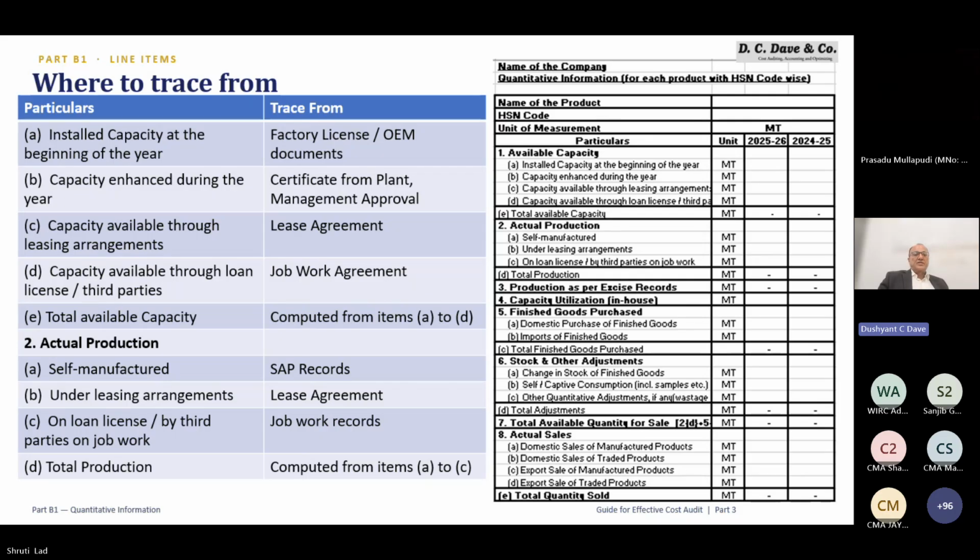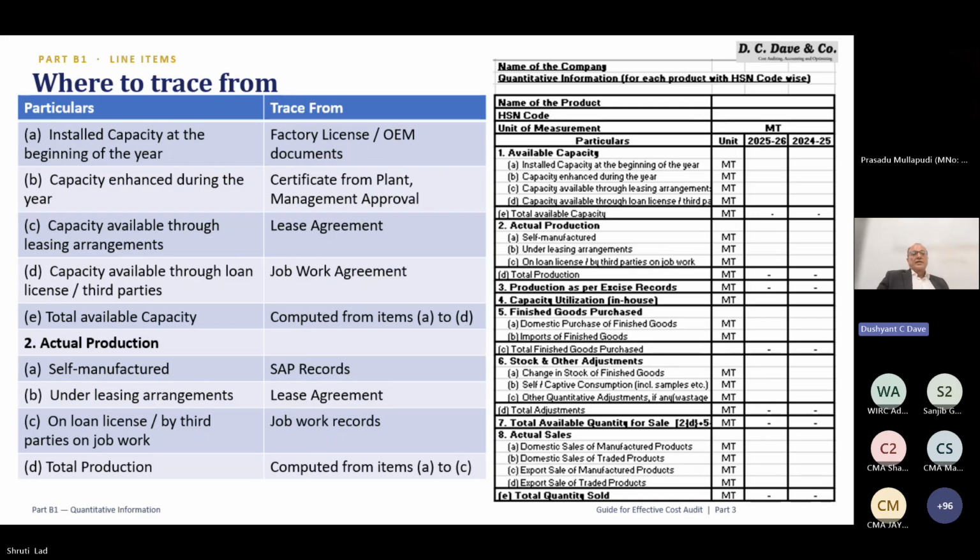On installed capacity, we already mentioned that you should go to the source document. Source documents are the factory license to start with. For additions and deletions, there are the engineering department, technical head, and project manager. For capacity enhancement, again,